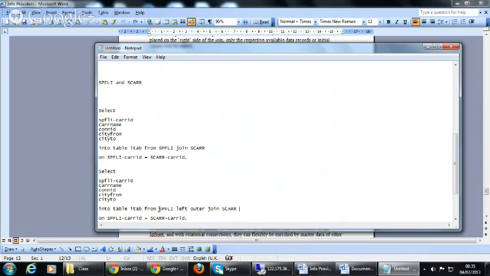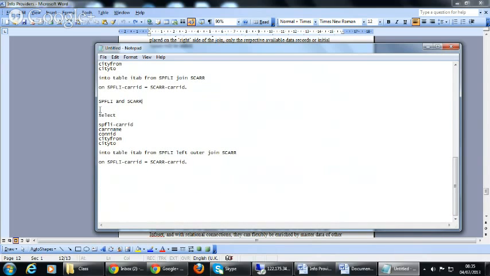So what you are doing is joining these two database tables on left outer join: SPFLI left outer join SCARR on SPFLI carrid equal to SCARR carrid.